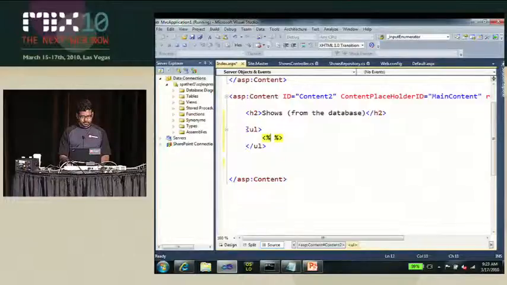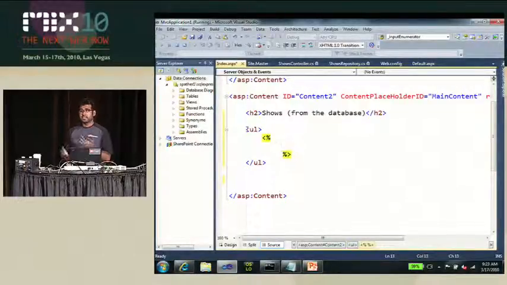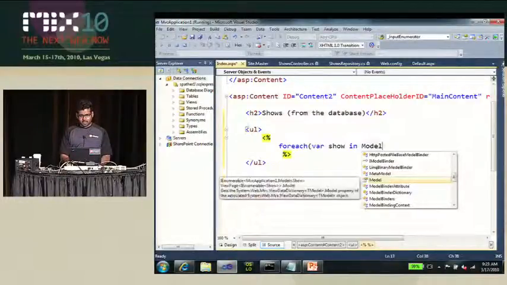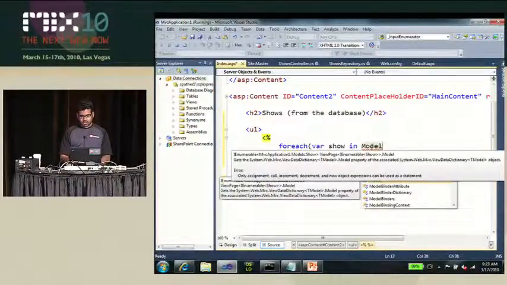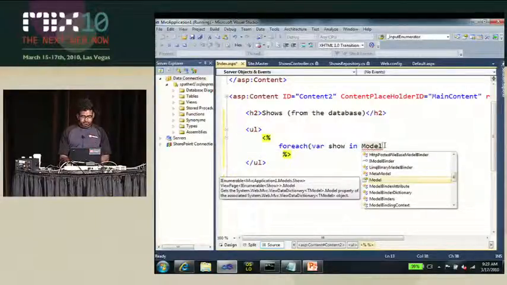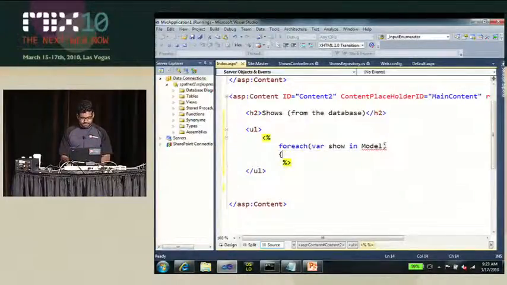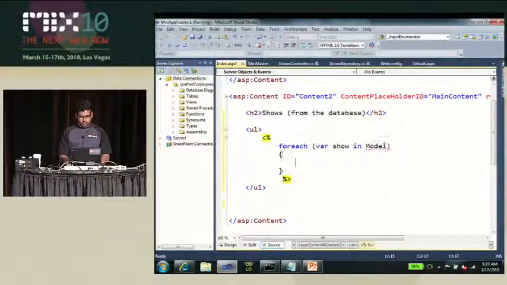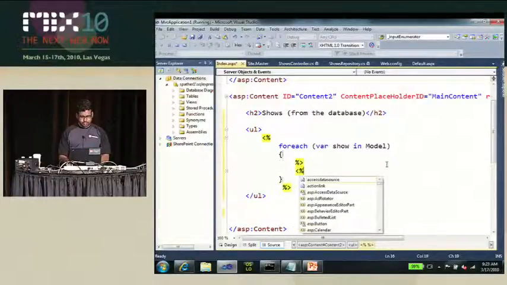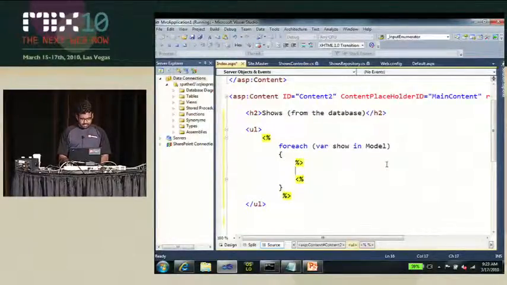And we can here go into a code block. So before, I put data access code in here. In this, I don't have to do that. I can just say for each show in the model. Now, model is a property of the page. And if you hover over it, you'll see that it's an IEnumerable of that show class that I created before. So in here, we know the shape of the model. We can go in and actually just break out a code context again and create those list items directly. And in here, we can say